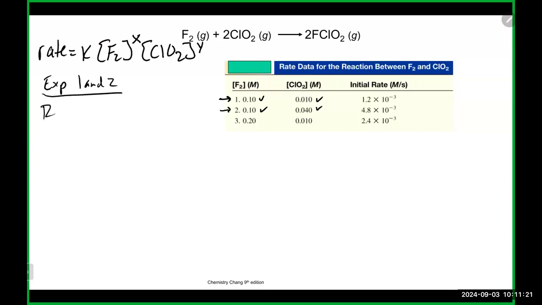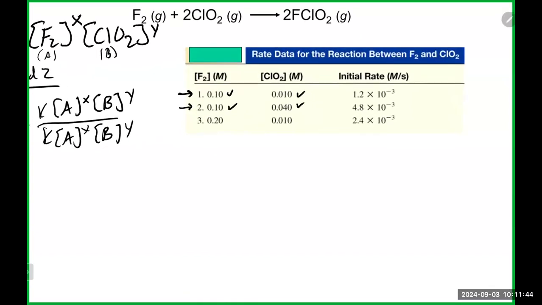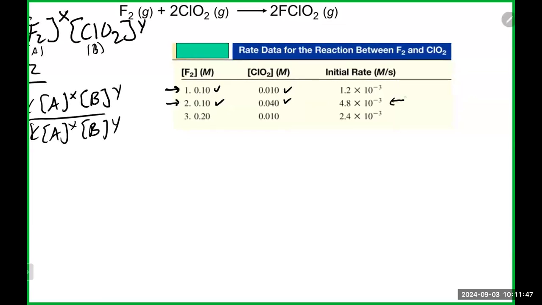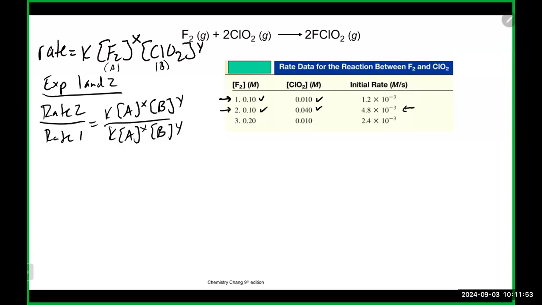Again, we could use our mathematical approach, rate 2 over rate 1, equals k A to the x, B to the y, over k A to the x, B to the y here. Obviously, A and B represent these reactants. So here we will put in our numbers, and if we look at the rate, experiment 2's rate is larger than experiment 1. So once again, I'm going to put that larger number up on top to get a nicer whole number. So everything from experiment 2 will go up on top, 4.8 times 10 to the minus 3